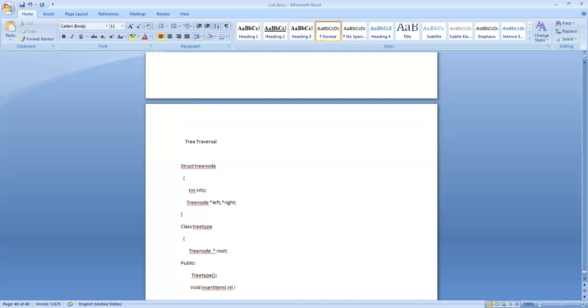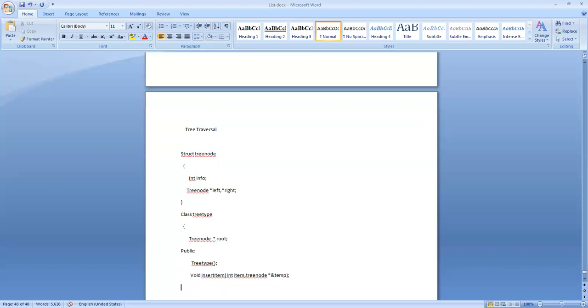So int, what is the item to be inserted, and where it is to be inserted: tree node star reference temp. So in the tree pointed to by this temp, you add this item. That is the meaning.